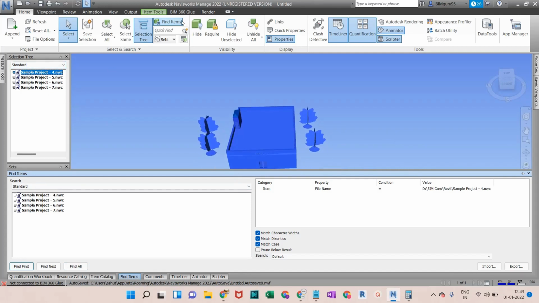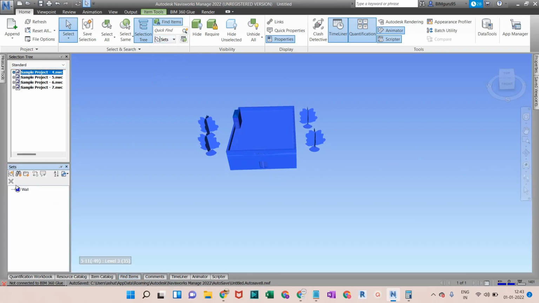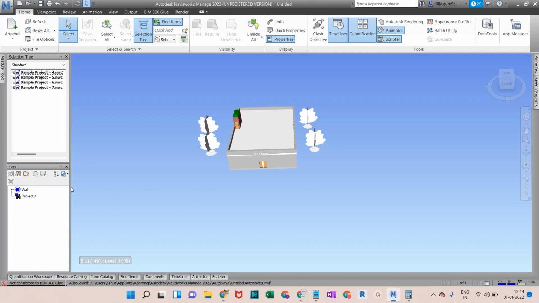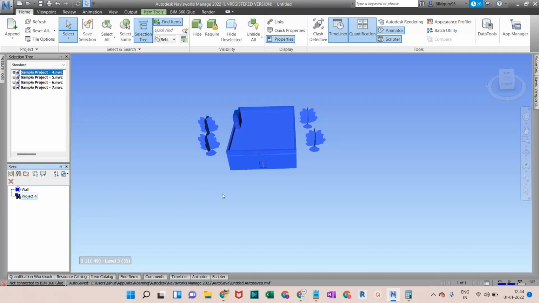And if I click on Search Set again, Manage Sets, you can see this icon is highlighted, the search that we have saved right now. If I click on this one, Project 4, something like that, it selects the whole building. What is the difference? You can see the icon difference right there.